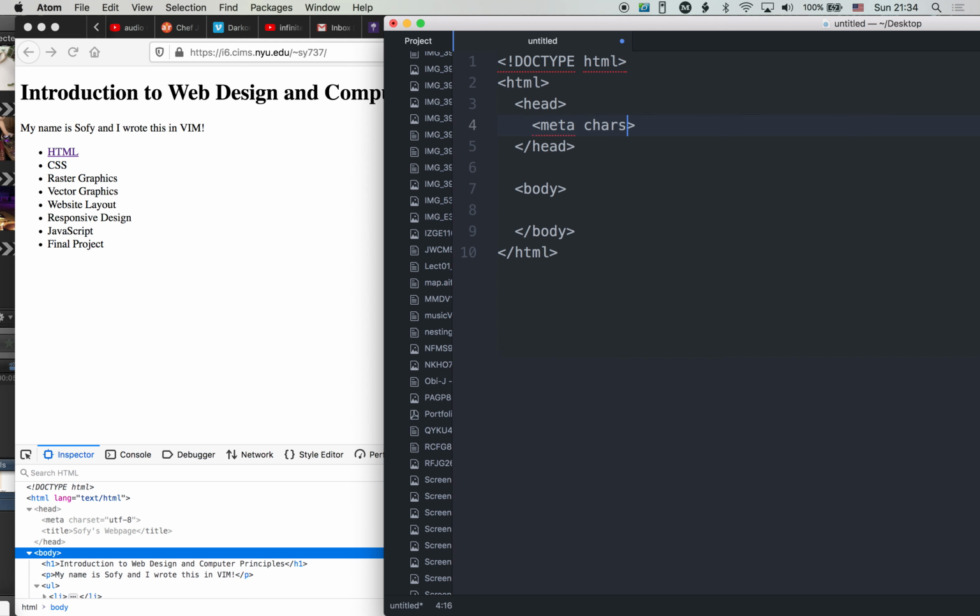Okay, we're going to say what the character set is, UTF-8. I believe that's the Roman character set in Unicode. Okay, Sophie's web page, open title and end title, and that's it. And then in the body, we have our